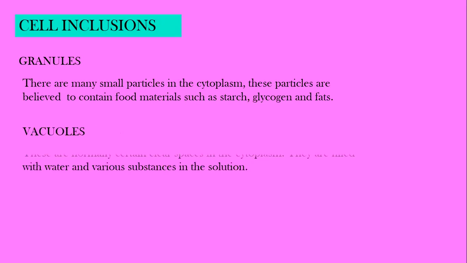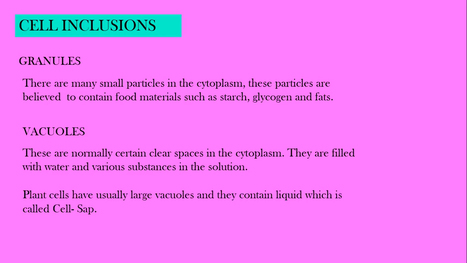And then there is vacuoles. What is vacuoles? These are normally certain clear spaces. साइटोप्लाज्म के अंदर कुछ छोटे छोटे जो there is a ball like structure which is formed. Inside it there is a watery kind of substance, right? This watery kind of substance is actually called the cell sap and it is present inside the plant cell. And normally vacuoles जो होता है वो सिर्फ हम plant cells में ही maximum देखते हैं, not in animal cells,